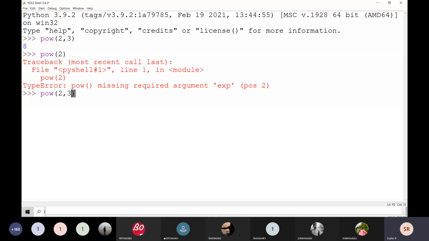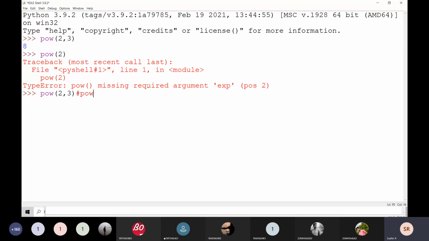This is a function call. What is the name of the function here? We have to observe that POW is the function name. We have to observe something about a function call every time. What is the name of the function?